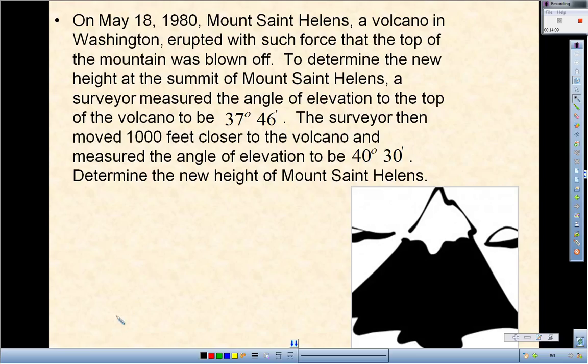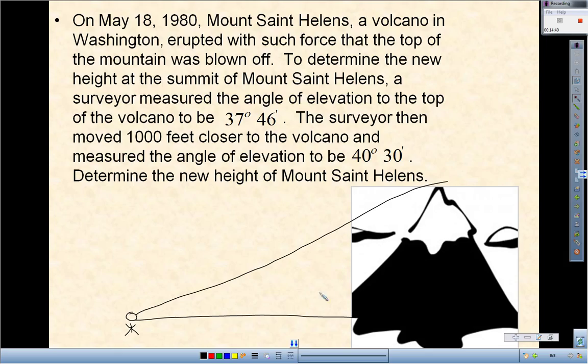Alright, so let's imagine that you got this guy out here. He's trying to figure out how tall the mountain is, and obviously we can't just measure it with a tape measure, so we got to use some trig. So he looks up at the mountain, and he measures that the angle of elevation is 37 degrees and 46 minutes. Then the surveyor moved 1,000 feet closer. So if you can imagine, he moves 1,000 feet closer, and so now he's right here,